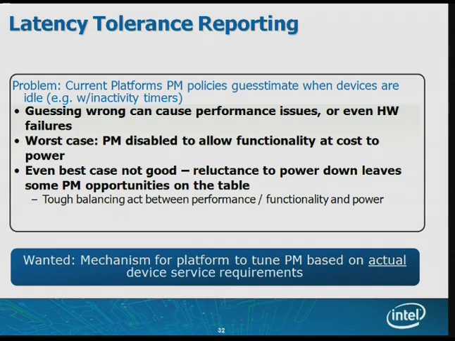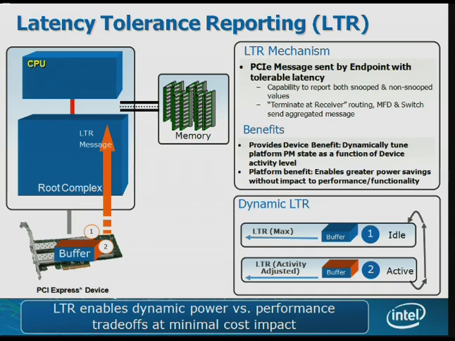The result of that is typically in shrink wrap OSs, you will find out that most of these power management policies are tuned down and not really being used, meaning you don't get the power efficiency. And the reason is, the power management algorithm is not tuned. There's no information from the I/O device. So we try to fix that by providing something called latency tolerance reporting mechanism, where device will, through a message,